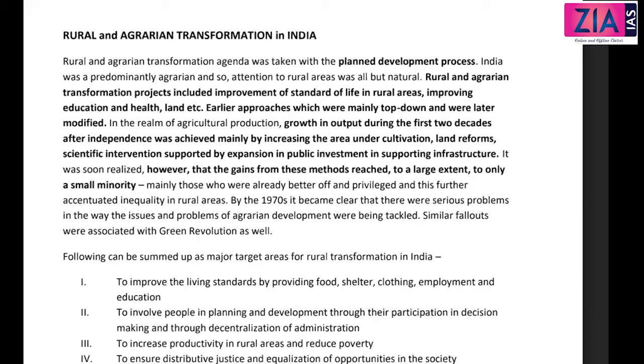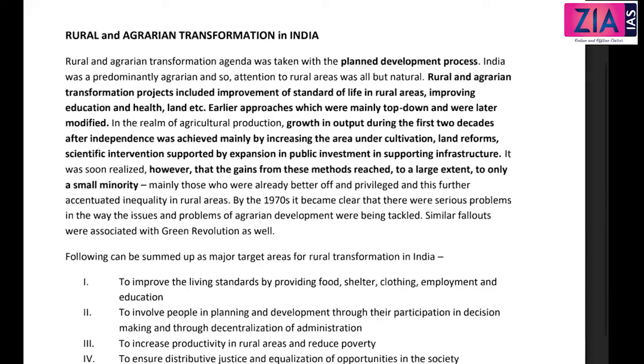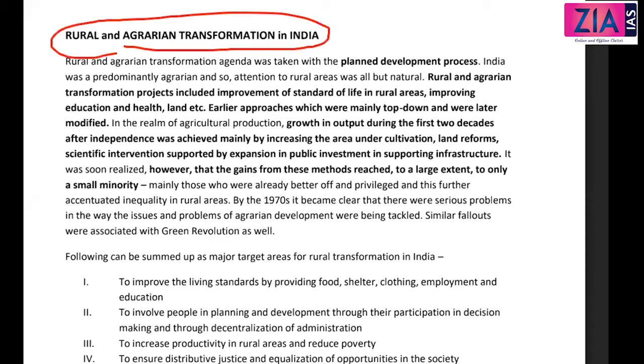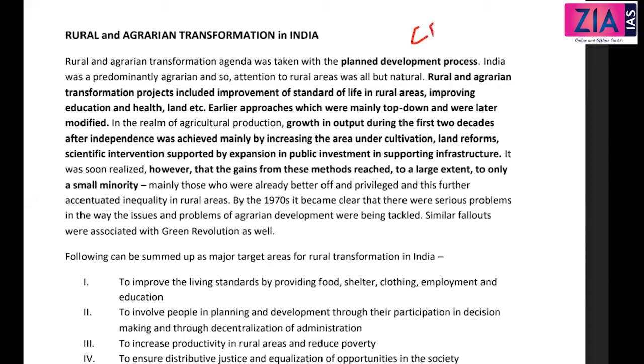Okay, guys. So we will start with this chapter, Rural and Agrarian Transformation in India. This is again connected to your economy, like what all things you have studied in planning. Mostly that is what is going to be discussed here, but we also need to see the social consequences and social impact. Here there are two topics given, that is community development program and cooperatives.